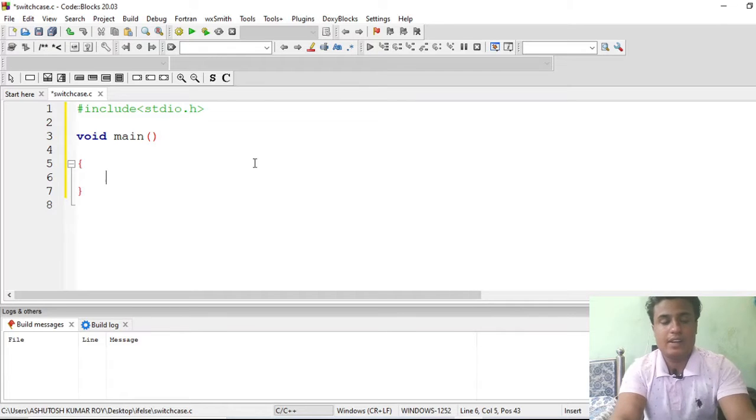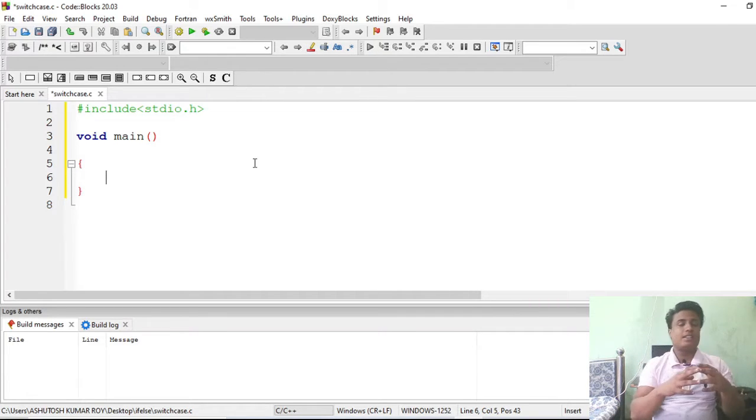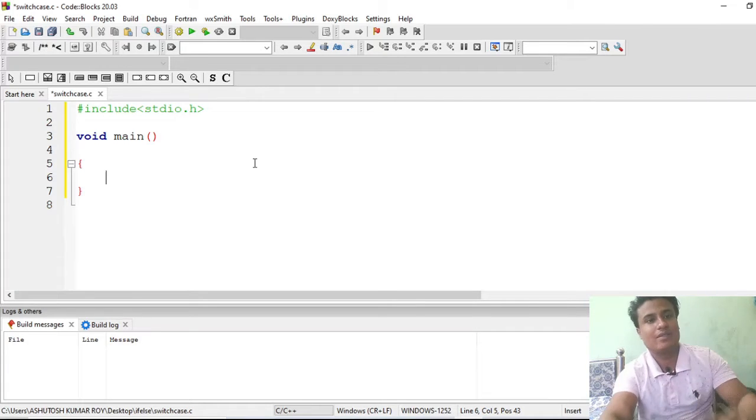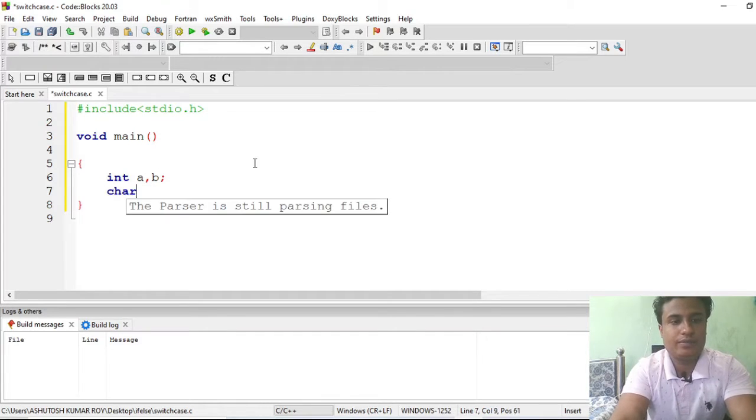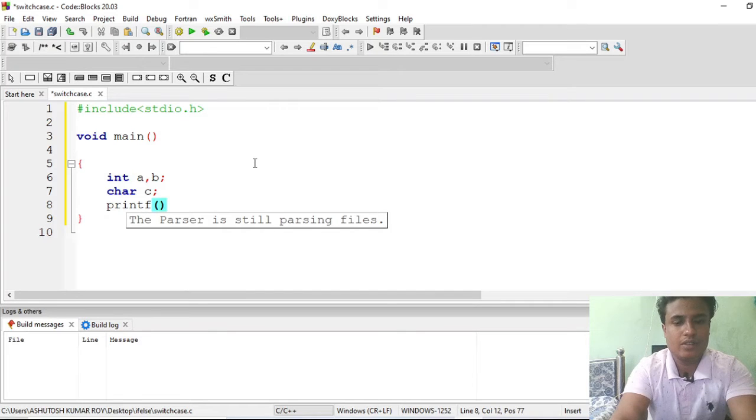Now let's begin. If you remember the code from two lectures ago, I showed you a coding example of how to make a calculator. Now we will design the same code using a switch block. Watch this. Let me take variables first, two variables. Let me take our choice, C for choice. Now print the message: enter the two numbers.